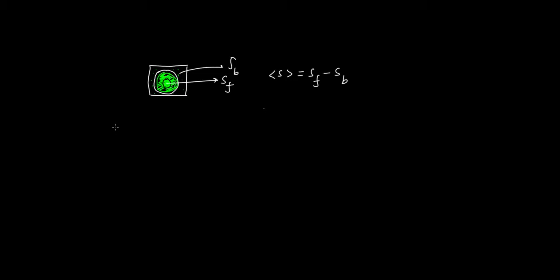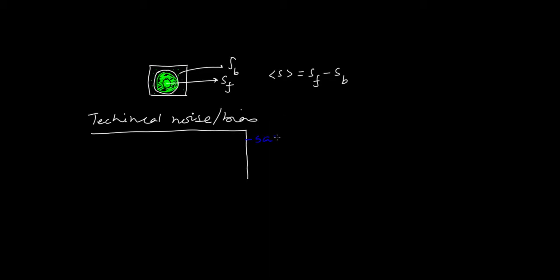The second thing is that we need to take care of a lot of other technical artifacts. There could be a lot of technical variations, technical bias in the sample. These technical biases could arise from anything. For example, let me write it over here. And that could be of various kinds. For example, one of them could be your sample preparation, when you are making your RNA sample preparation,